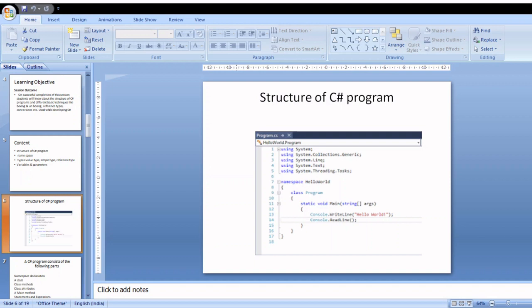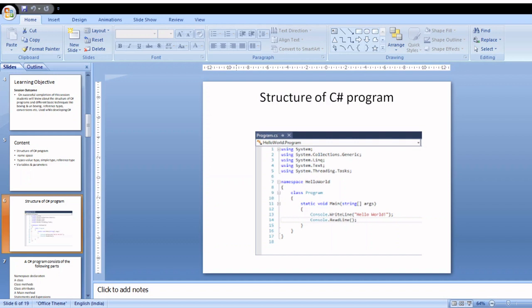Here, this is a user-defined namespace, HelloWorld. This namespace will contain this part of the program. And then class, which is a keyword; the class name is Program. Static void Main(string[] args) is the main function of a C# program. Console.WriteLine method is printing the statement Hello World.